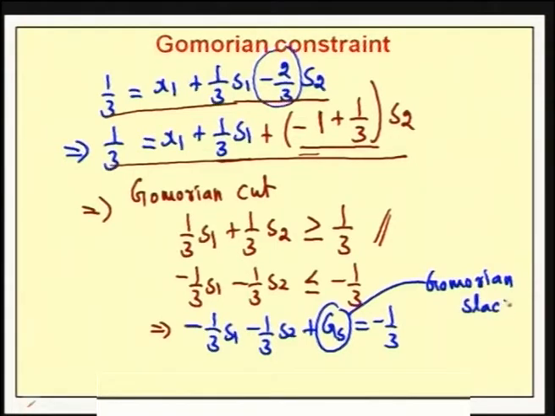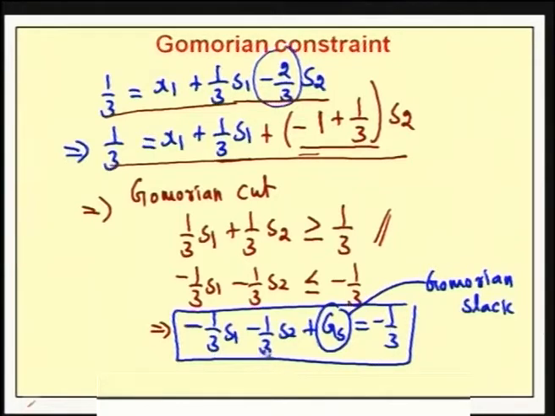So, by introducing a Gomorian slack variable, we get the Gomorian fractional cut as minus 1 by 3 s1 minus 1 by 3 s2 plus gs equal to minus 1 by 3. Now, we should attach this Gomorian constraint in the optimum simplex table and solve the resulting LPP using dual simplex